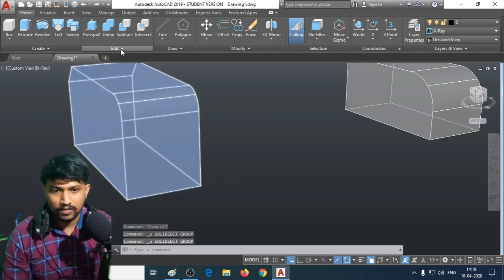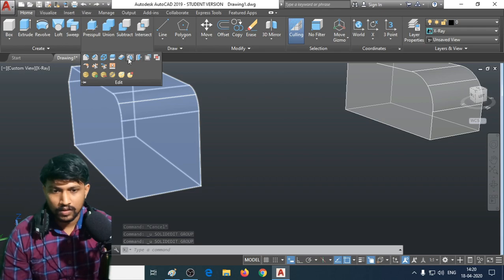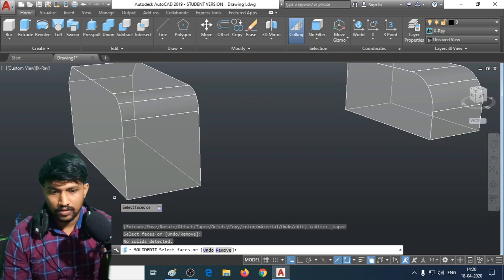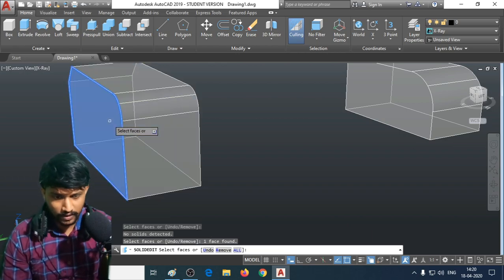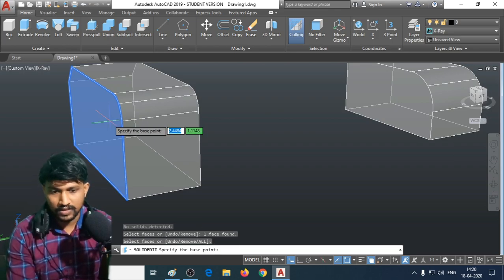Now see here, I'm going to select taper faces. Now it is asking me to select the faces, so I'm going to select this particular face, press enter,